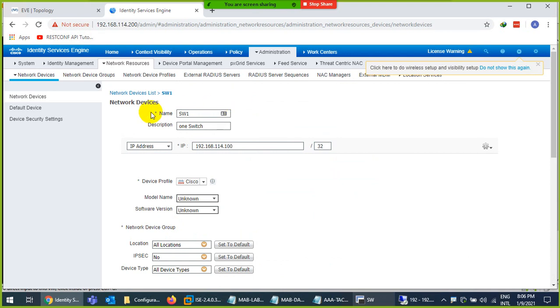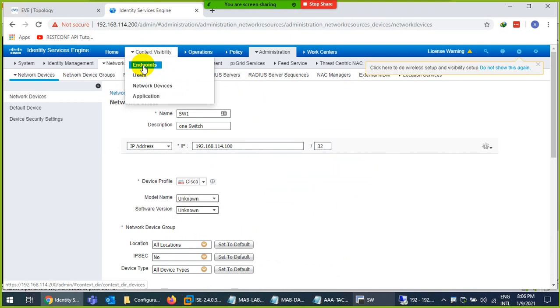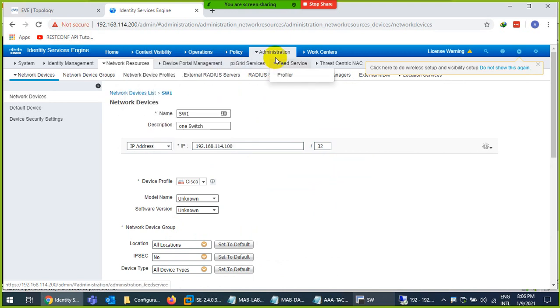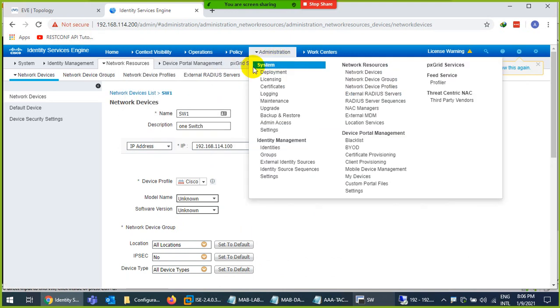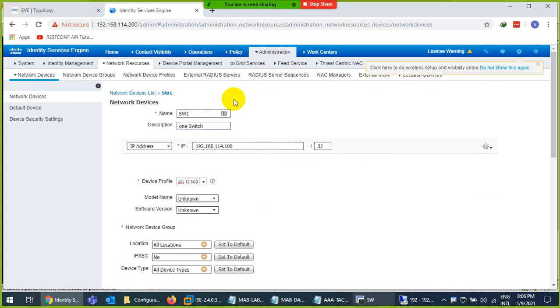You register them in endpoint here. In the version which I am using, you need to register them here. If you are using the old method, there is another way to register them. Anyway, in every Cisco ICE you need to move around. This is the only thing Cisco did. Even they make me confused, and in the new version they switch over many things here and there. This is the only thing you will face in Cisco ICE. Otherwise it's so simple and very easy if you take classes from scratch.